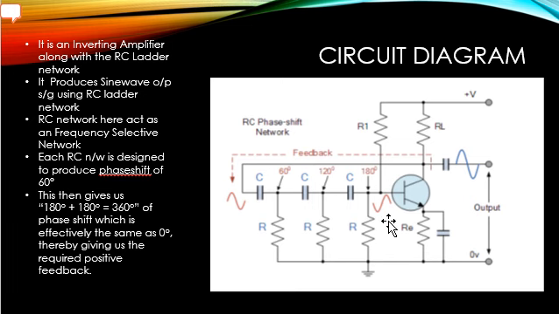Later, this 180 degree is given to the inverting amplifier over here. This inverting amplifier will give 180 degree phase shift because of the inverting amplification configuration. That is, since it is an inverting amplifier, it will give another 180 degree phase shift. So basically the input is a sine wave and the output is again a sine wave. So it is giving us a 0 degree phase shift, or you can say a 360 degree phase shift over here. Okay, this is a circuit diagram representation.